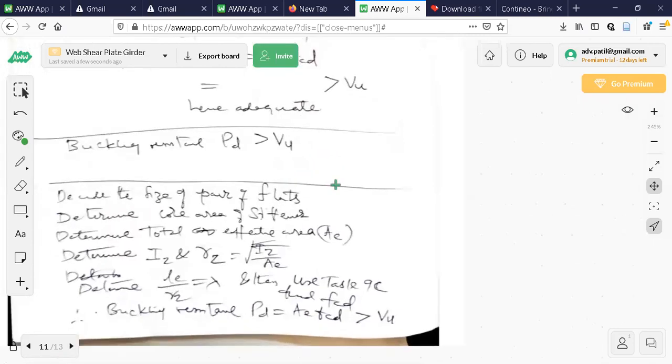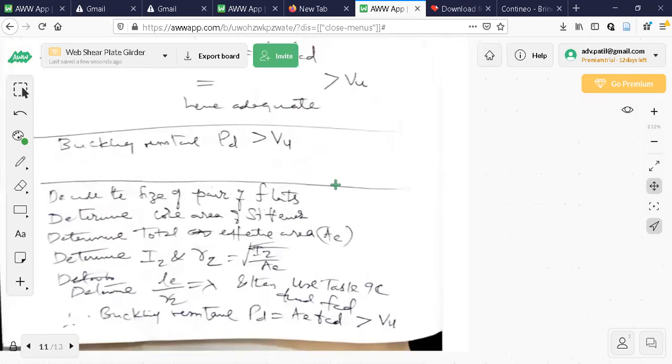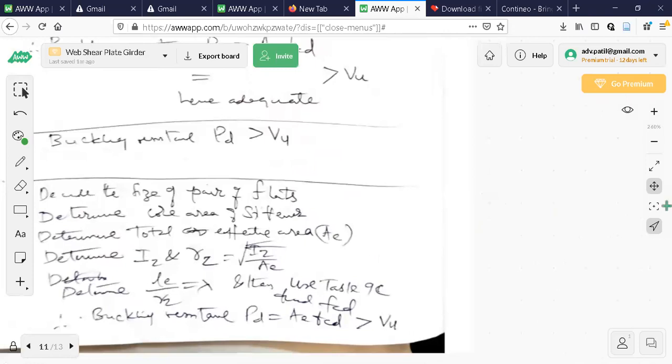Okay. So, if anybody has any doubt in this one? Very simple design is there. Parvez is having some problem, I think. Parvez, any doubts? All of you type your answers. No, sir. No, sir. Okay.